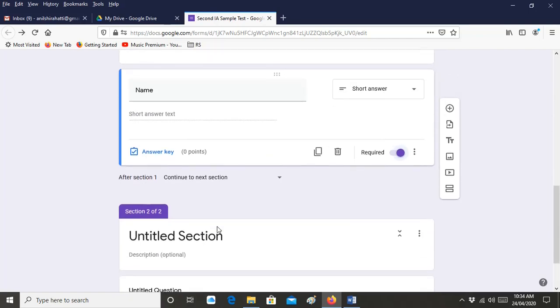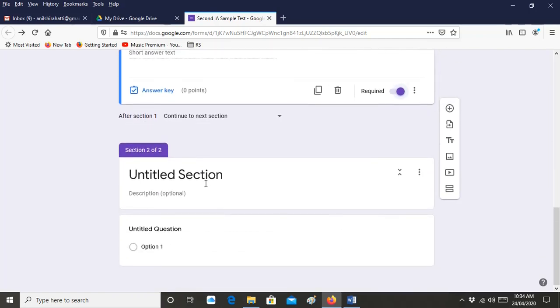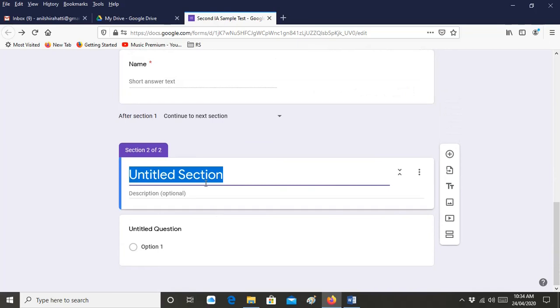Then you know we have created one more section, section 2. So in section 2 we will define all the questions. So for theoretical subjects we can have only two sections. First section the student's data and second section questions. But if you are having a subject where you are defining one problem and there are 5 questions on that one, then each section should have one problem, okay.